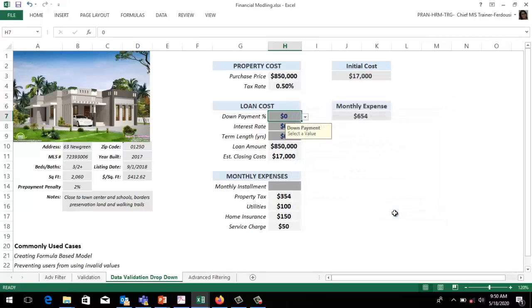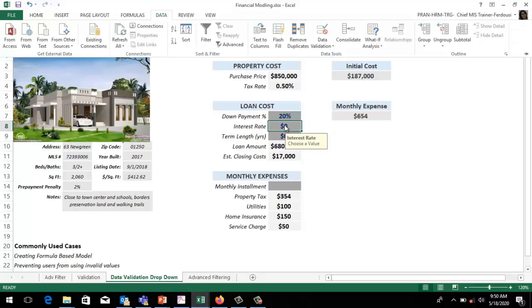Then finally OK. Now we can choose any of them. This is how we can fix a value.